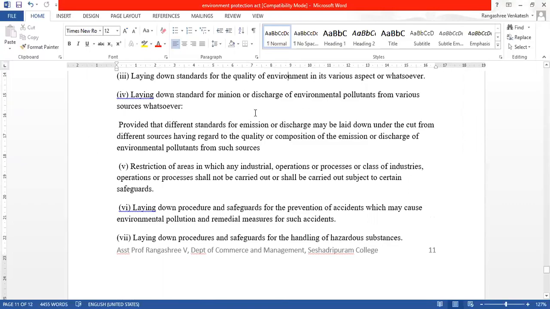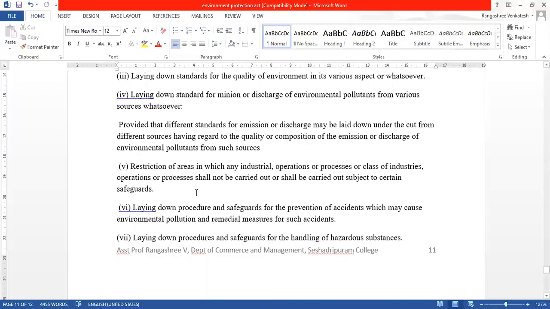laying down standards for emission or discharge of environmental pollutants from various sources whatsoever, provided that different standards for emission or discharge may be laid down under the Act from different sources having regard to the quality or composition of the emission or discharge of environmental pollutants from such sources; restriction of areas in which any industrial operations or processes or class of industries, operations or processes shall not